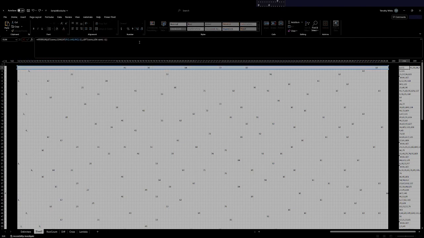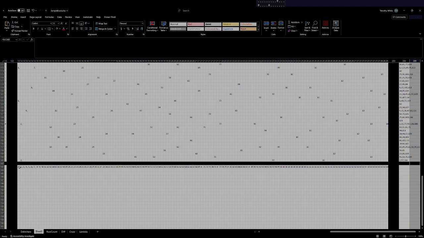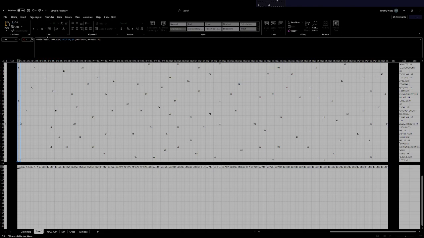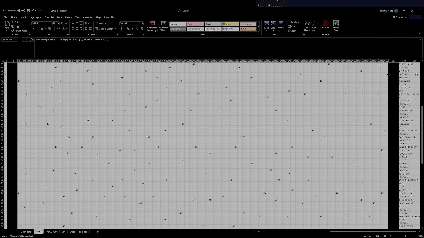If error. If that's an error, then return true, otherwise return false. Actually, you know what? I don't even need to do that. I can just do this. And